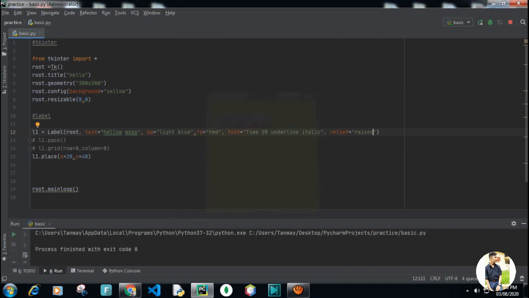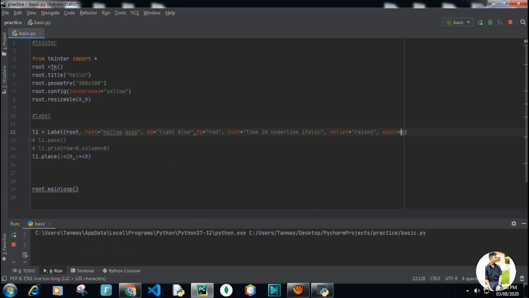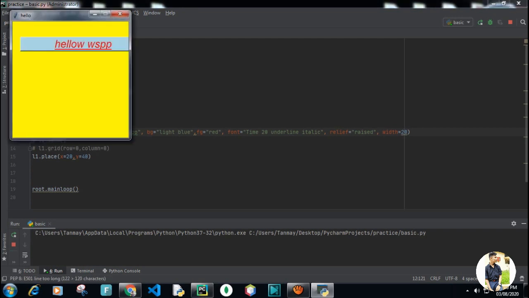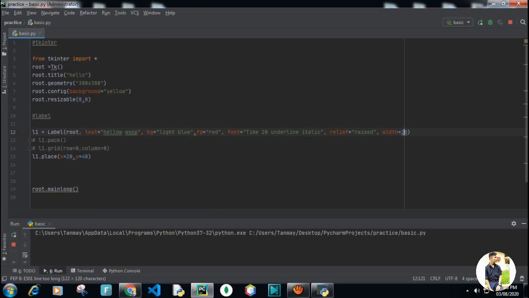Hello, what's up? I can also add width to my label, like I will add 10. I will add more, like 20, let's say. It's going outside our window. I will take 10 only.